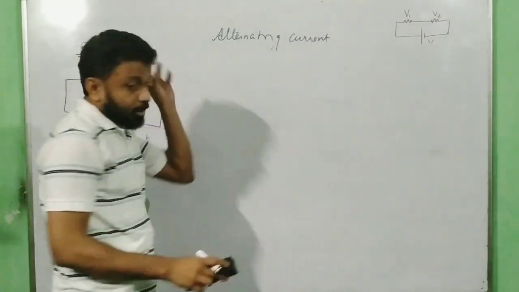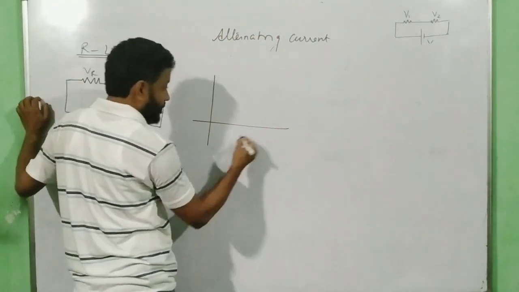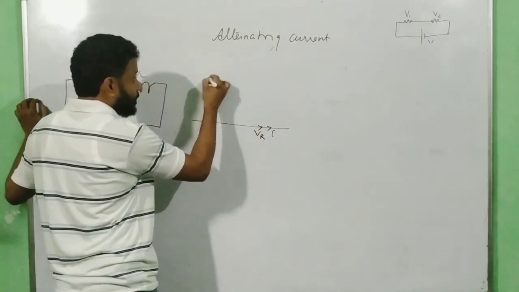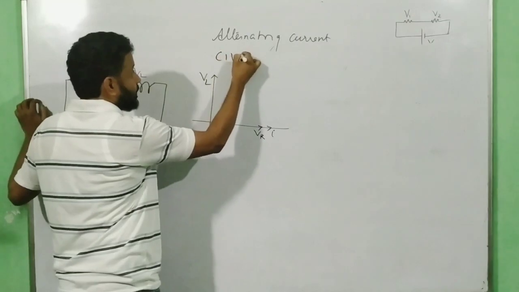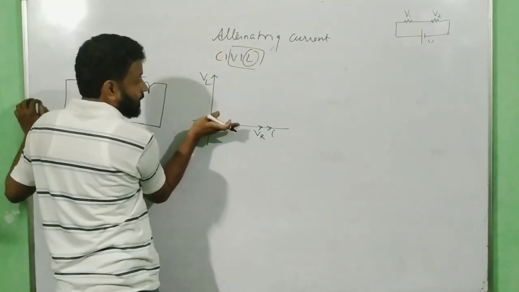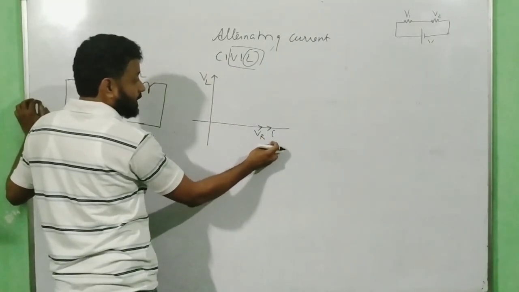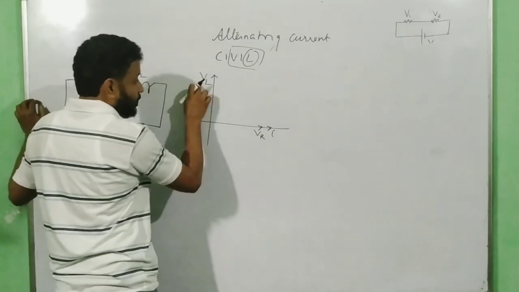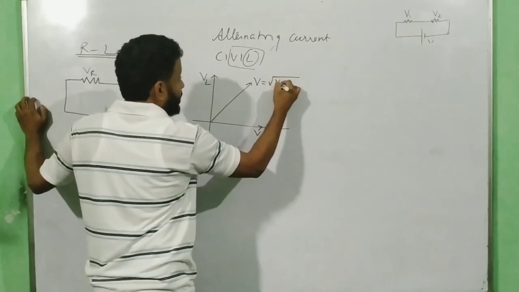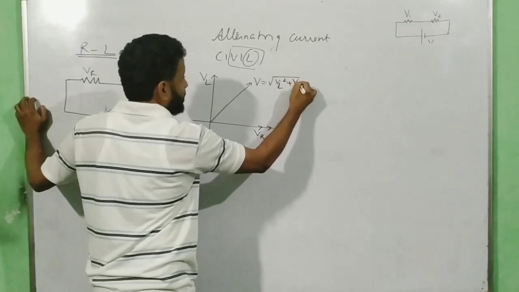When I am doing this, try to recall that previous one also, and then you will understand what my intention is all about. So if I consider this is my I, VR must be along here and VL will be here. Try to recall CIVIL. In an inductor, potential leads the current. So if the current is here, VL will be here. And the current and VR should both be in the same phase. So this is pi by 2. So for VL and VR, the resultant will be somewhere here. This is my V, and that is equal to root over of VR square plus VL square, whichever you can write first, no problem.